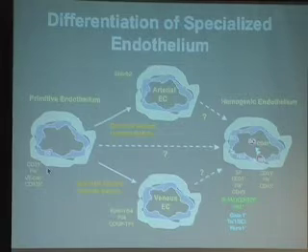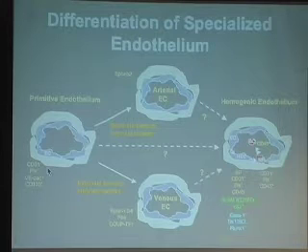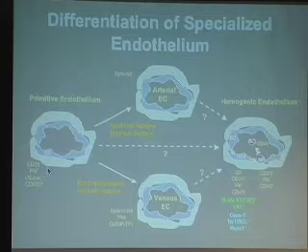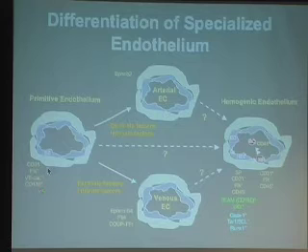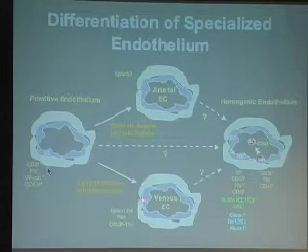And so then to bring this back to a larger scale model, what we're talking about is essentially differentiation of specialized forms of endothelium. As I said before, initially we start with primitive endothelium, and the markers for that will be markers like CD31 or PECAM, FLK1, VE-cadherin, and CD133. Then through a variety of both extrinsic and intrinsic factors, this is specified into arterial endothelial cells, venous endothelial cells,